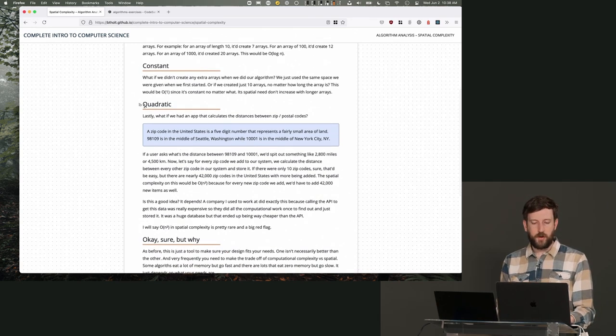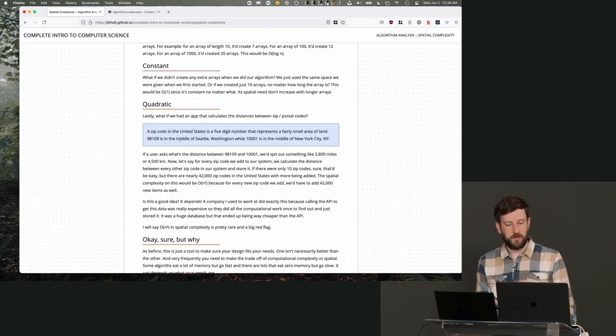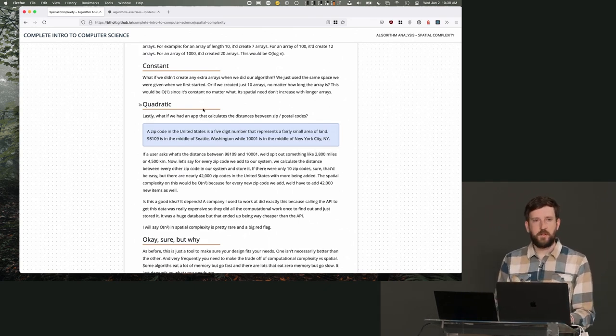And let's talk about quadratic. This is actually kind of an interesting one because this is something that I actually did at one of my former companies. Let's say we had to evaluate the distance between 2 zip codes. And a zip code more or less exists all over the world in the sense of like it's a number that refers to a parcel of land in the United States, right?